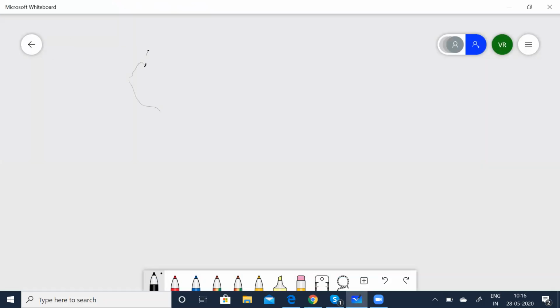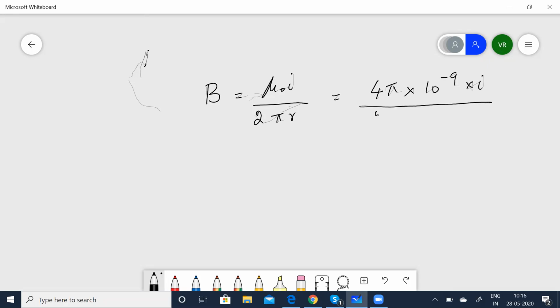So you know that B is equal to mu 0 I by 2 pi r. Now you know the value for mu 0 by 2 pi, mu 0 is 4 pi into 10 to the power of minus 7. We don't know I, divided by 2 pi into r is given as 1.6 in 10 to the power of